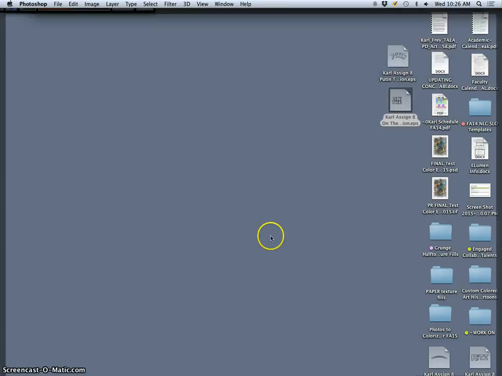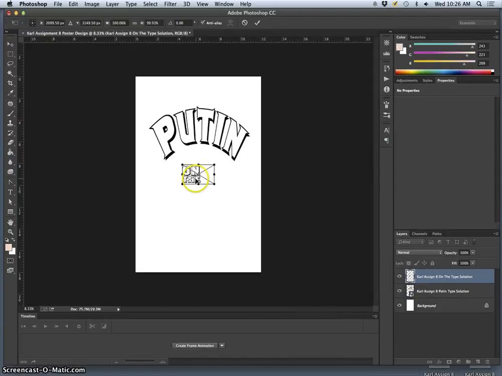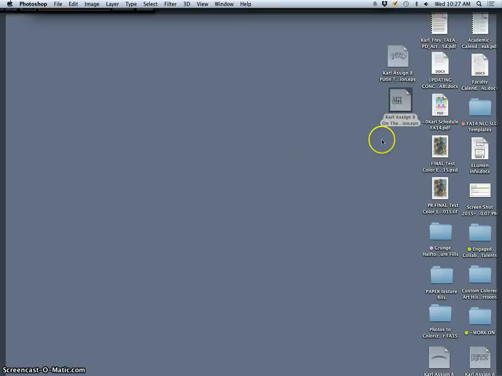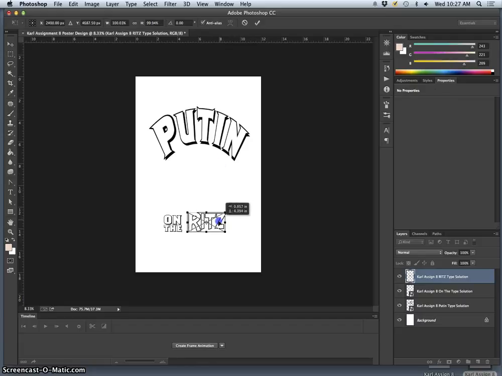And of course, they're going to be individual components, so I can size them individually and modify them without any loss of resolution, because they're all smart objects. So if you're having difficulty getting everything to line up the way you wanted to